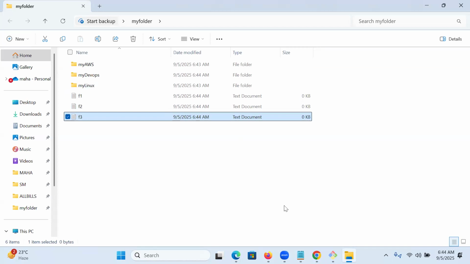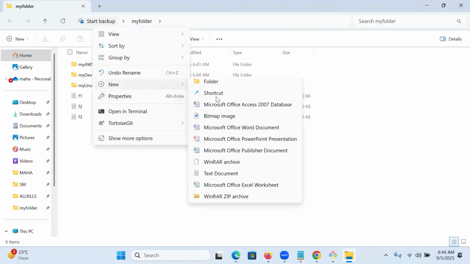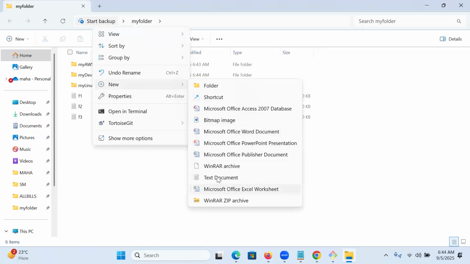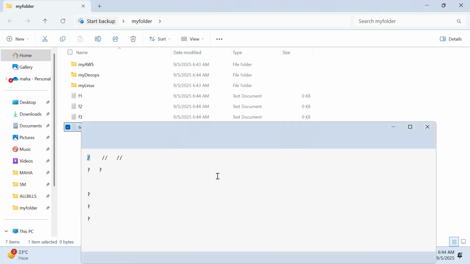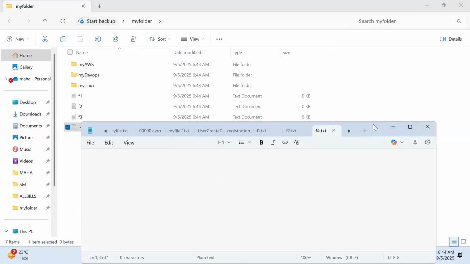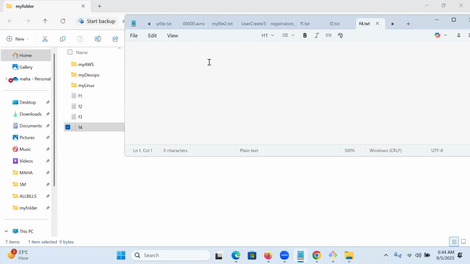There is no data in them. Sir, I want to create a data file. How can I? Very easy. Right click, new, text file, and double click. Once you double click, the file opens automatically. Then write, this is my file four, and save it.